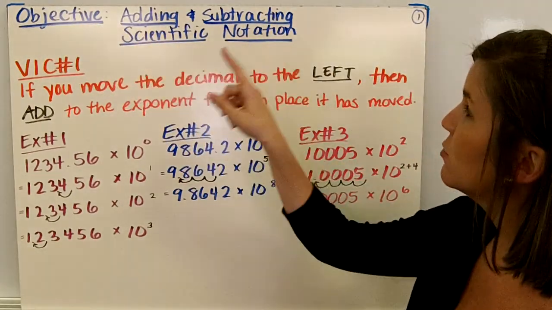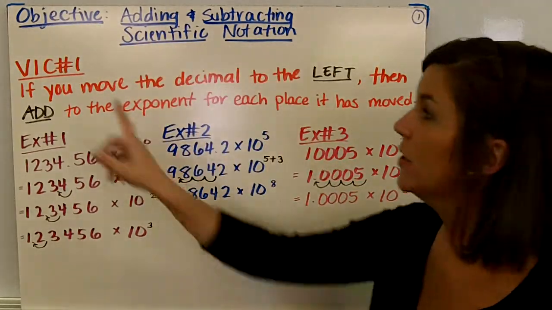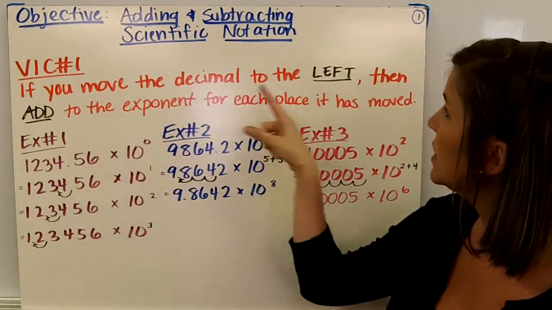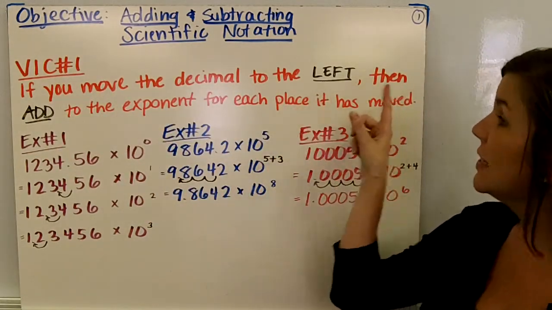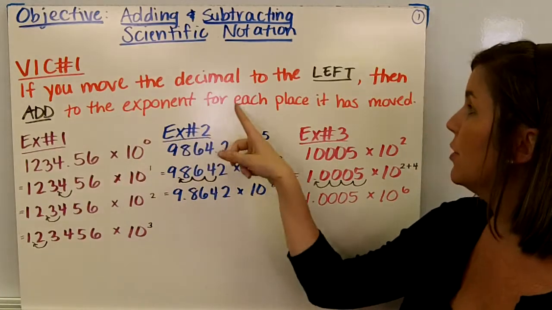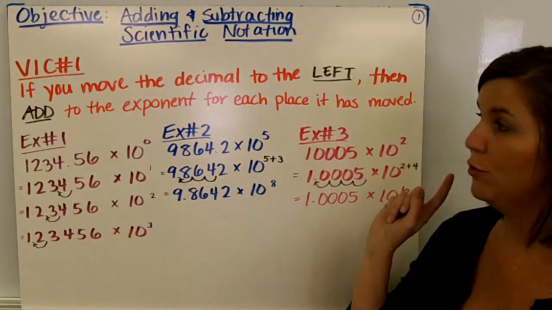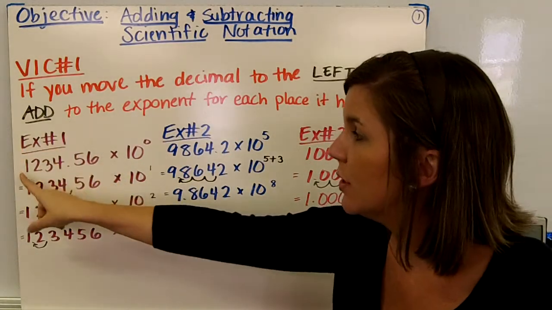Objective: adding and subtracting scientific notation. Rule number 1: if you move the decimal to the left, then add to the exponent for each place that it has moved. Example number 1,